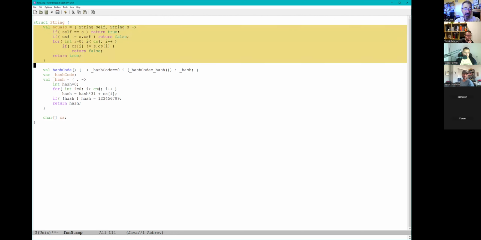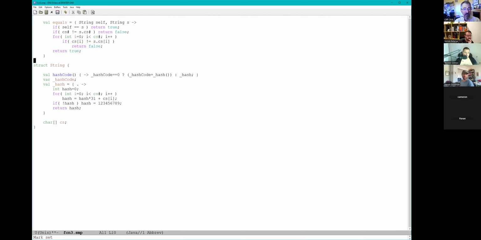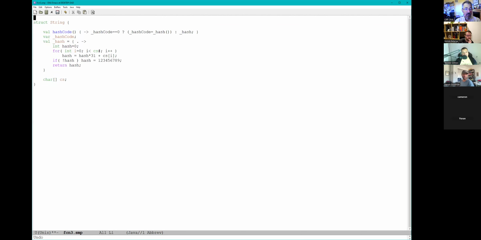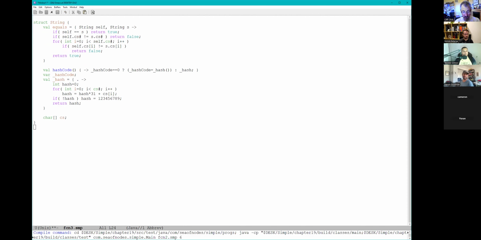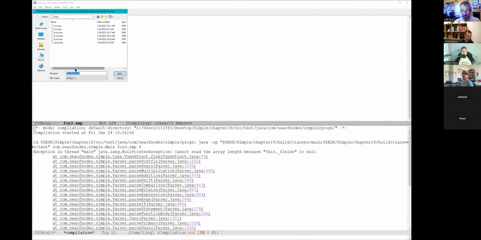This equals method takes no interesting arguments, takes no this pointer. It could be stored outside. It would be perfectly valid to be out here. But it could be in here, and then if I pass a self pointer hidden, I could get rid of passing it explicitly. And to do it the correct way internally, it's got to be self dot, self dot, self dot, blah, blah. And if I go try to compile this and run it, I'm sure it'll tell me all kinds of syntax errors. I'm not paying attention.